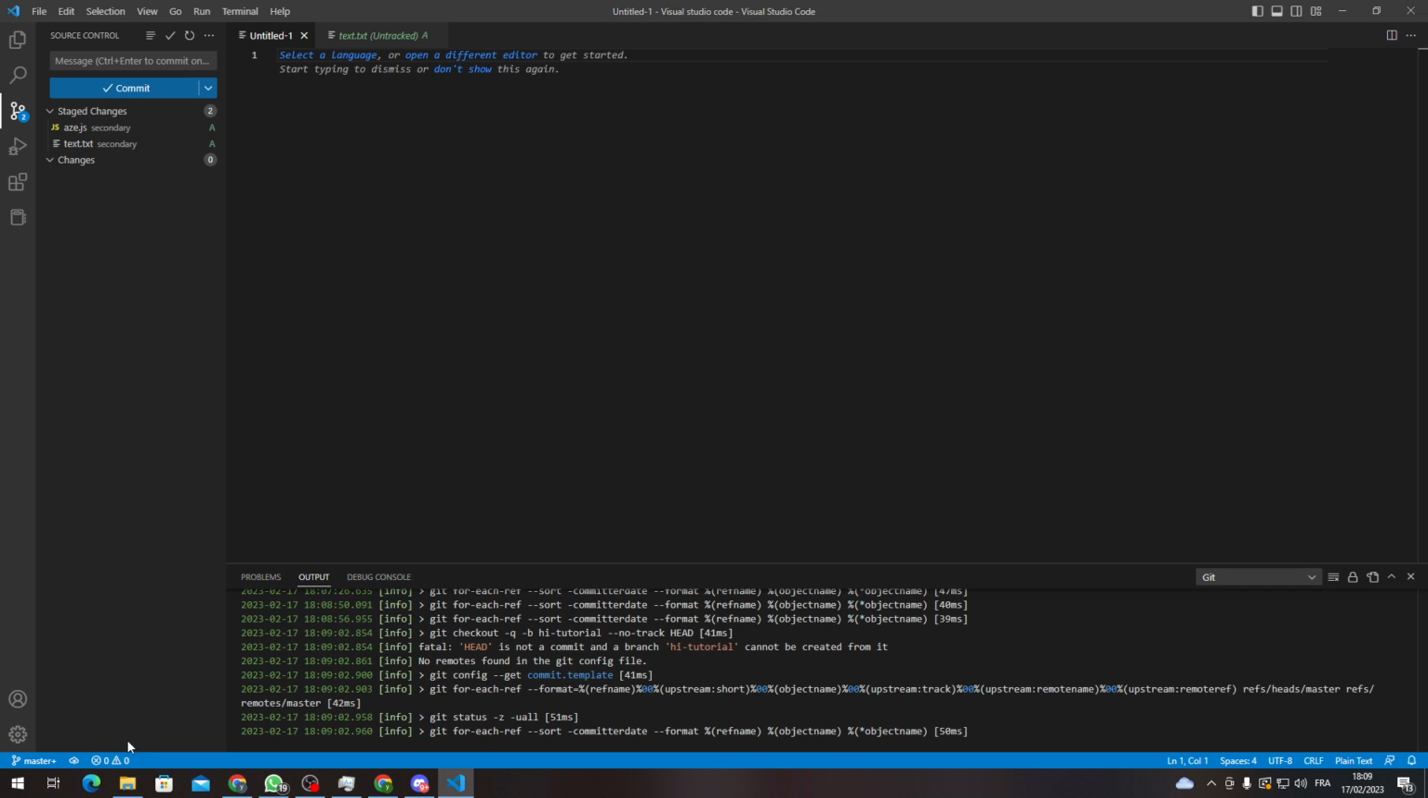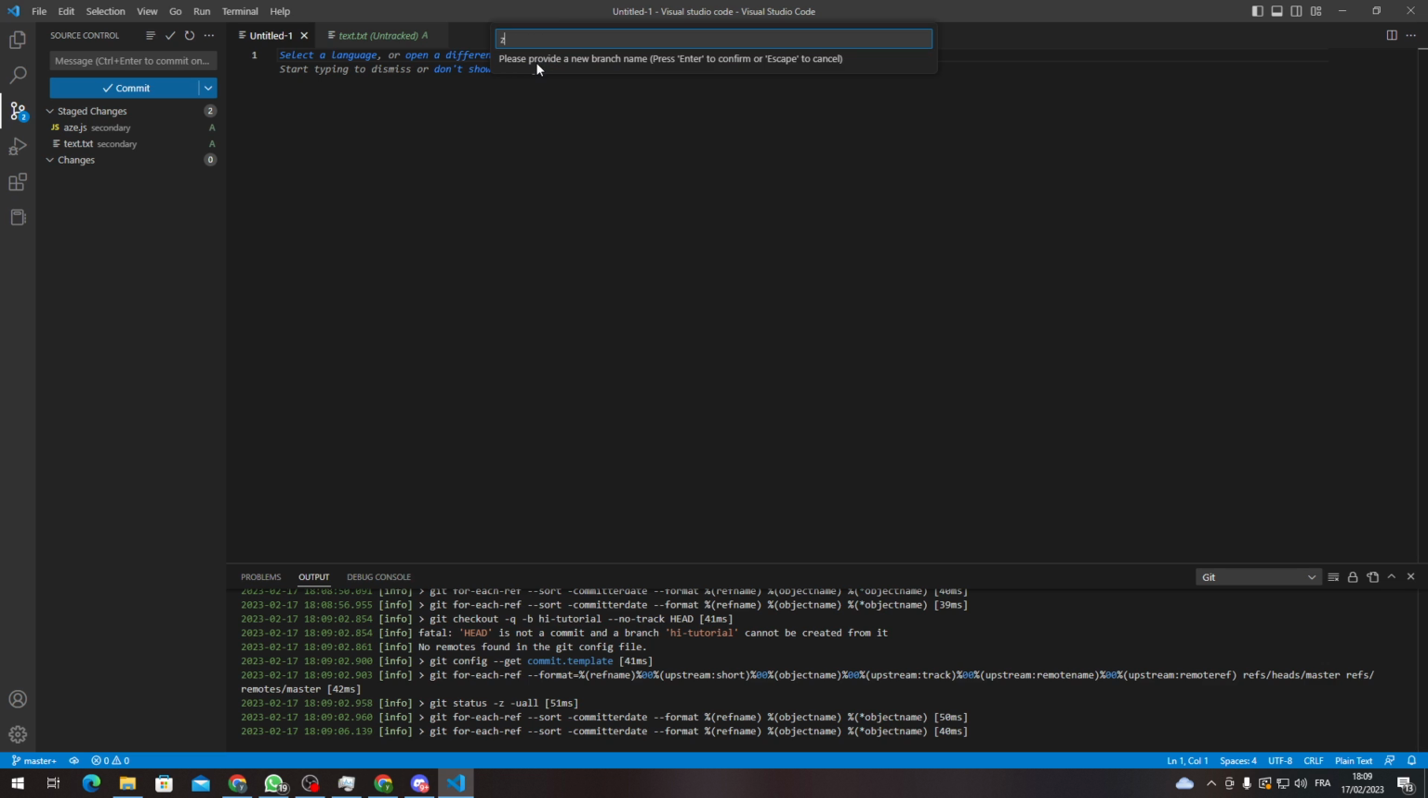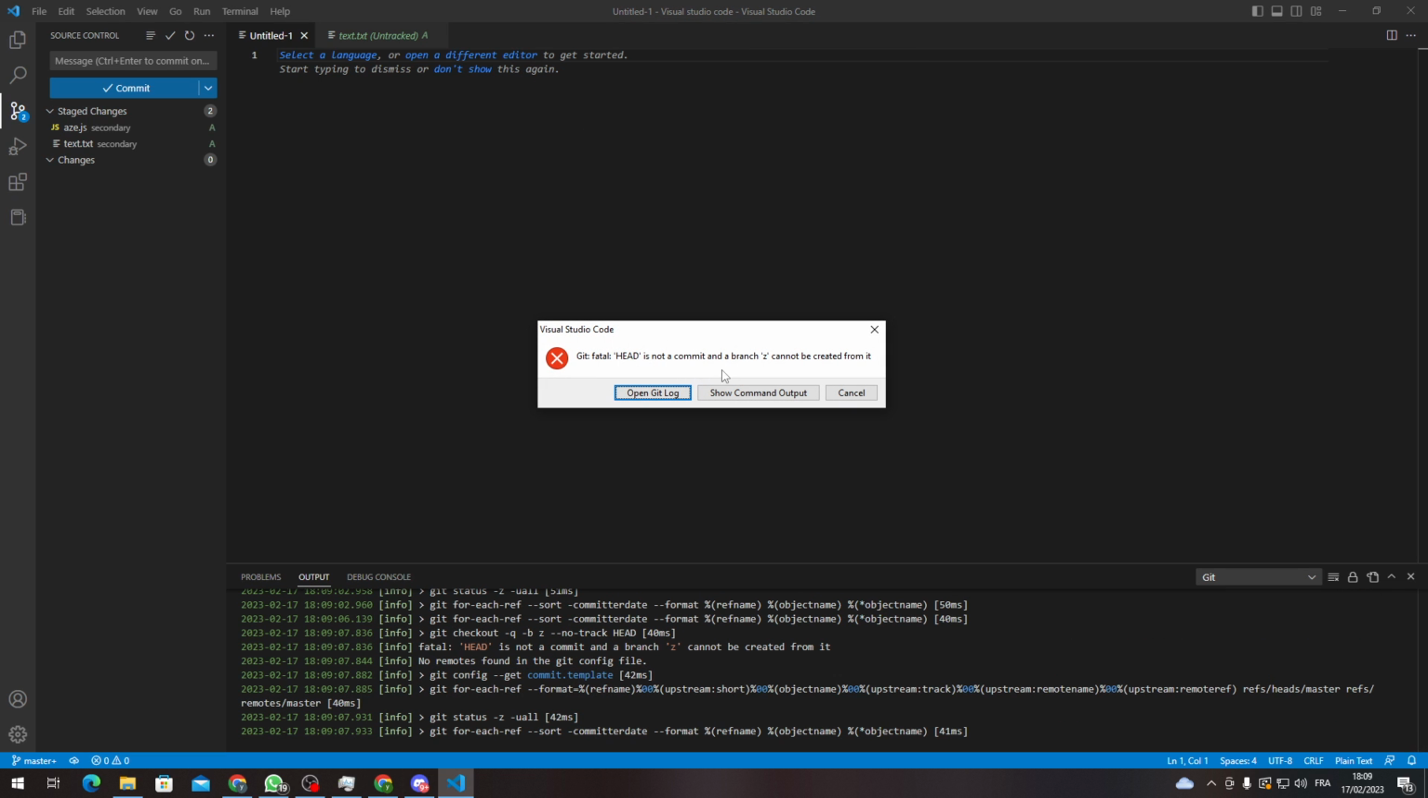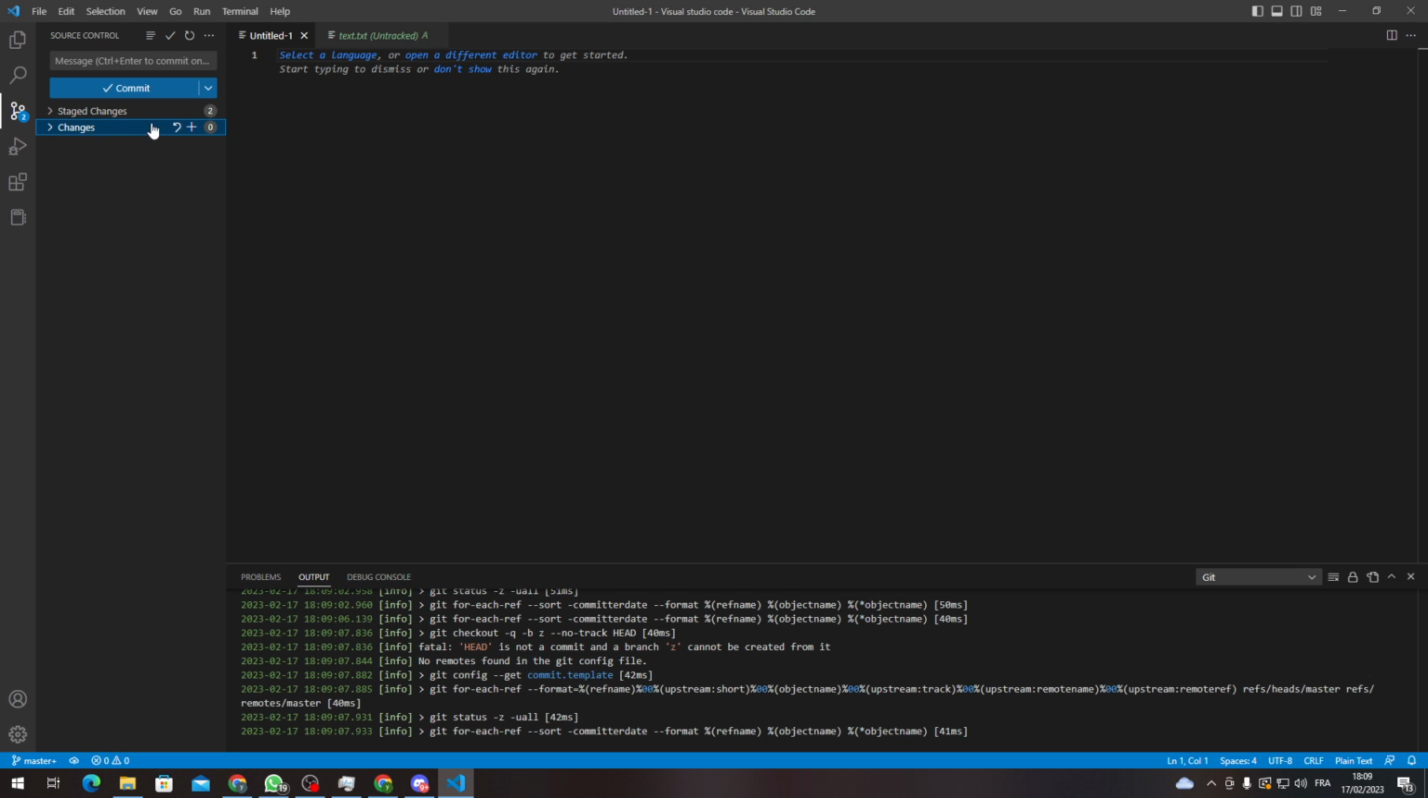And let me just delete the name or something like that. Okay, fatal: HEAD did not commit, and Git cannot create from here. So I need to actually add it from another place. But anyway, I have some bugs in my Visual Studio Code, but overall, how you can delete it, just go